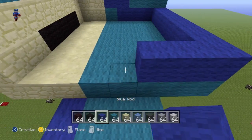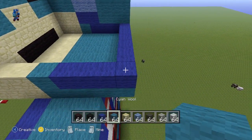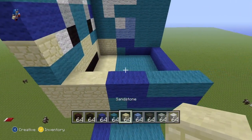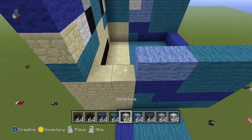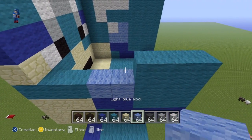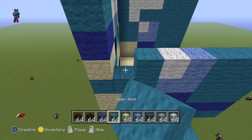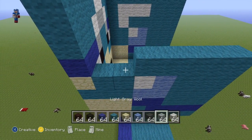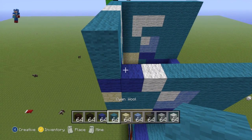So again, just as with the side of the statue, I'm not going to call out colours or anything. All you have to do is quite literally just copy what you have on that side of the statue onto this side, and that should just involve looking straight forward, which is exactly what I'm doing. As a matter of fact, I'm not looking at my plans whatsoever. I'm just peering over a little bit, seeing what I have, and just copying it onto this side. So you should be able to do the same, assuming that you...